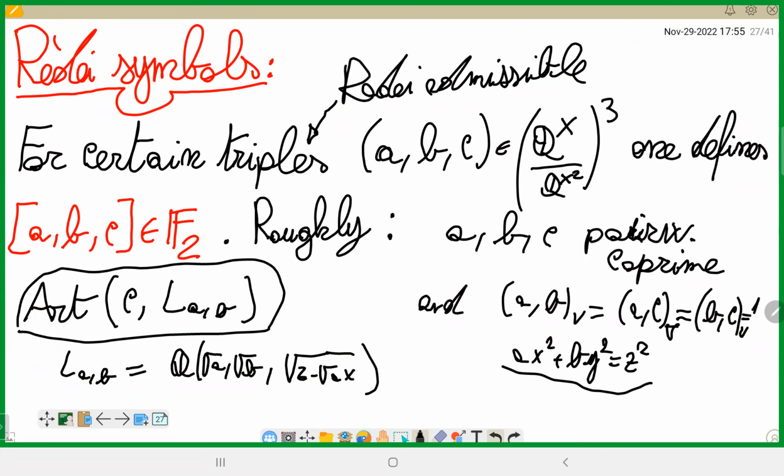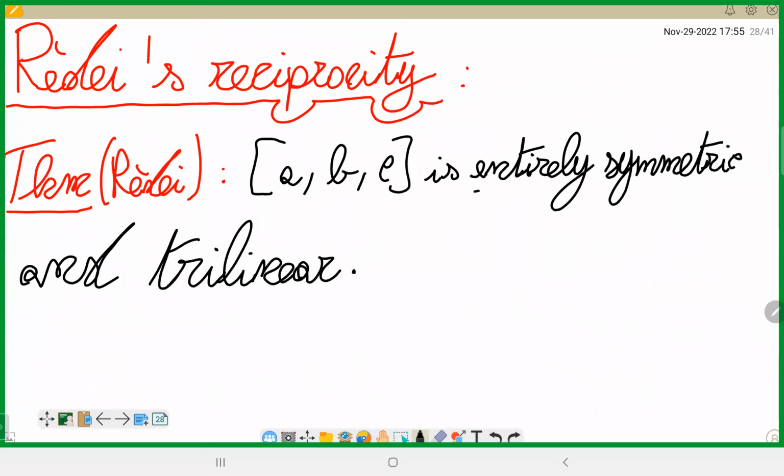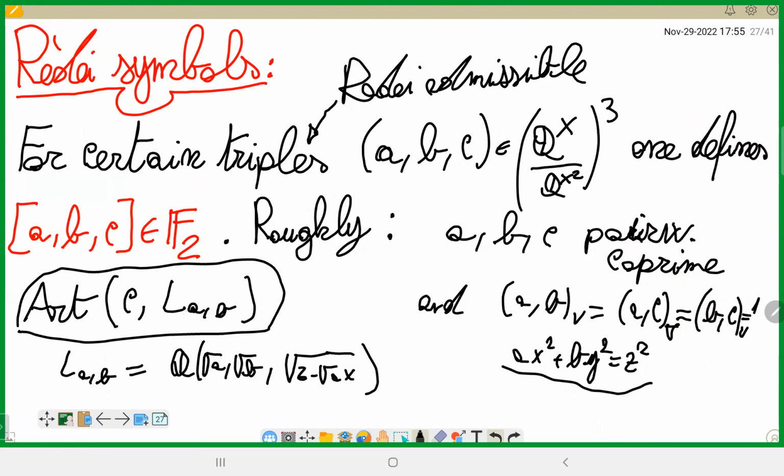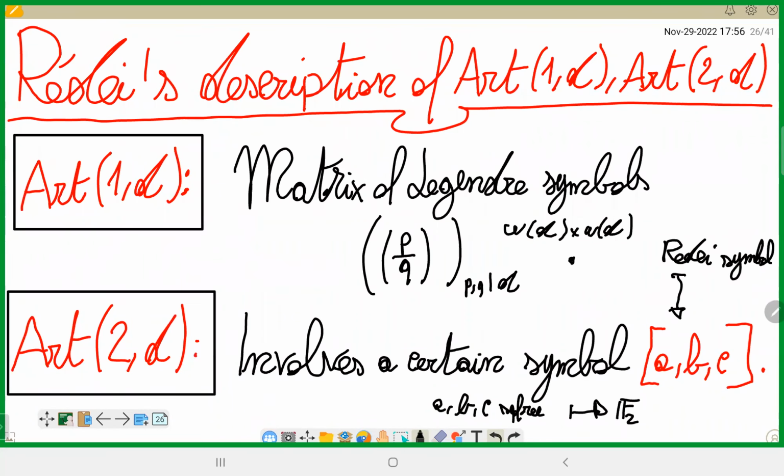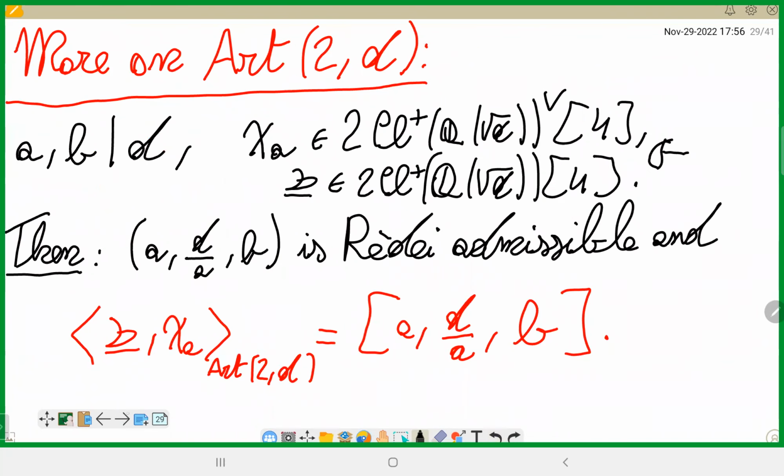And so what is surprising is that it's actually entirely symmetric. The definition is asymmetric because it's a field constructed in terms of A and B, and then you take the Artin symbol. So here there is some reciprocity going on, telling you that you get the same if you swap the roles. These are the same. Okay, but why do we actually care about the Rayleigh symbol? Remember, I was telling you that the Rayleigh symbol is used to describe the next pairing. And the key point is this fact that if you have